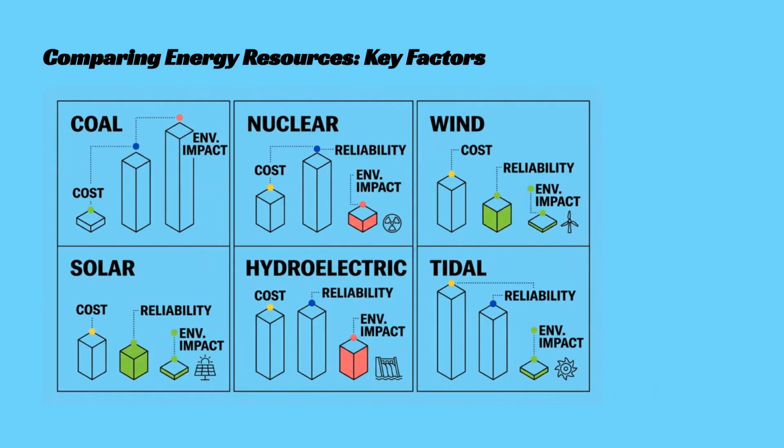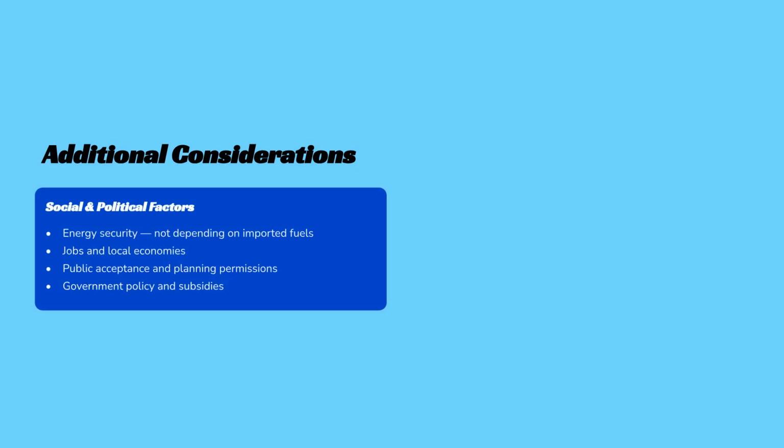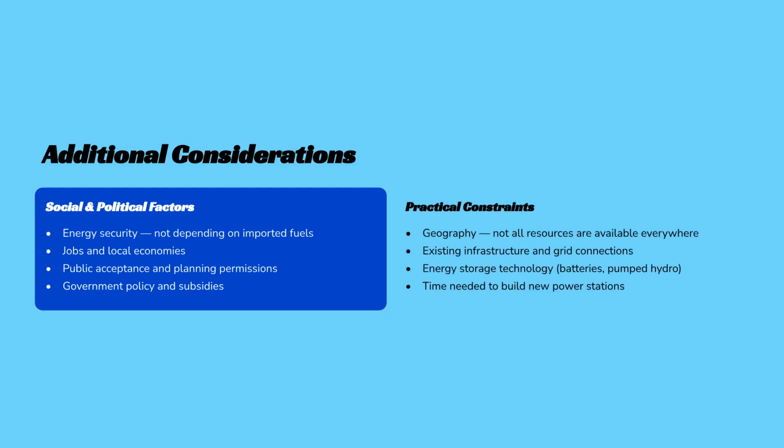Ultimately, selecting the right energy mix requires balancing these factors: reliability, environmental impact, and cost, to create a sustainable, secure, and efficient energy future. When deciding on energy sources, we must consider several factors. These include construction and maintenance costs, the reliability of the supply, especially during peak demand, and the overall environmental footprint, such as greenhouse gas emissions and land use. Beyond technical performance, energy choices are influenced by social and political factors like government subsidies and public support. Practical constraints, such as available geography, existing infrastructure, and the speed at which we can build new projects, are also